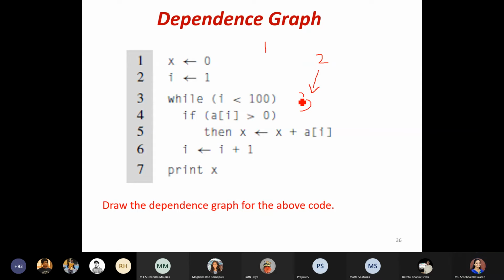Okay. Now moving on to the next line. If a of I greater than 0. So a of I, I will be getting from line number 2. What about a? A is an array.